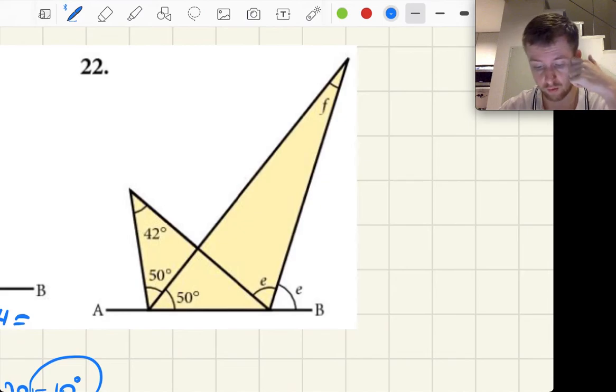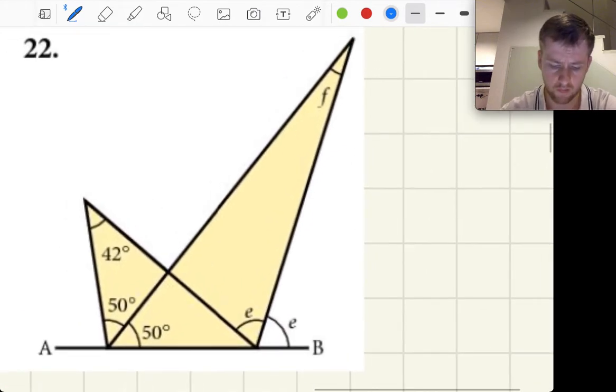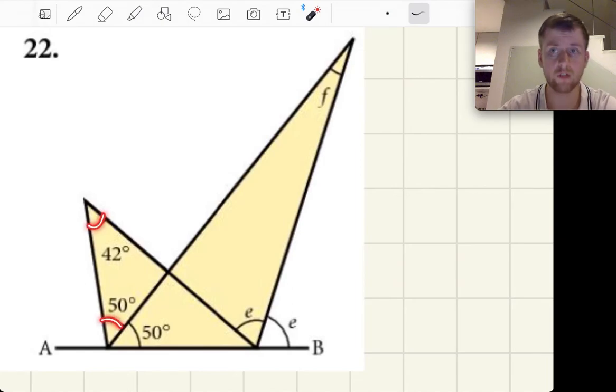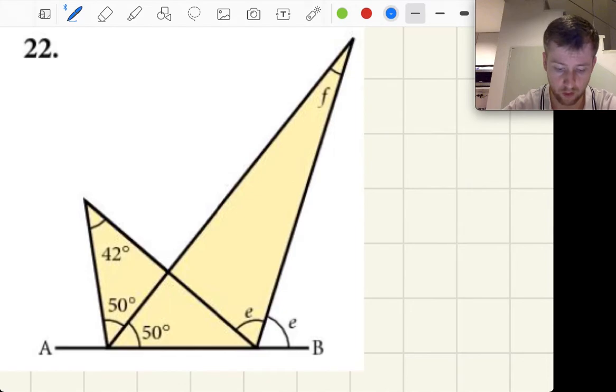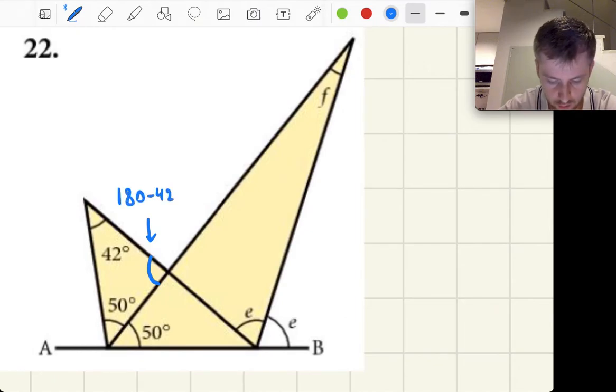What can we do? Well, here we have to go a little bit from afar, I would say. We have to find this angle first. So let's just think, what can we do, right? Here we already have two angles. We can find the third one, and then we'll get somewhere from here. So this angle is quite easy to find. It's going to be equal to 180 minus 42 minus 50,